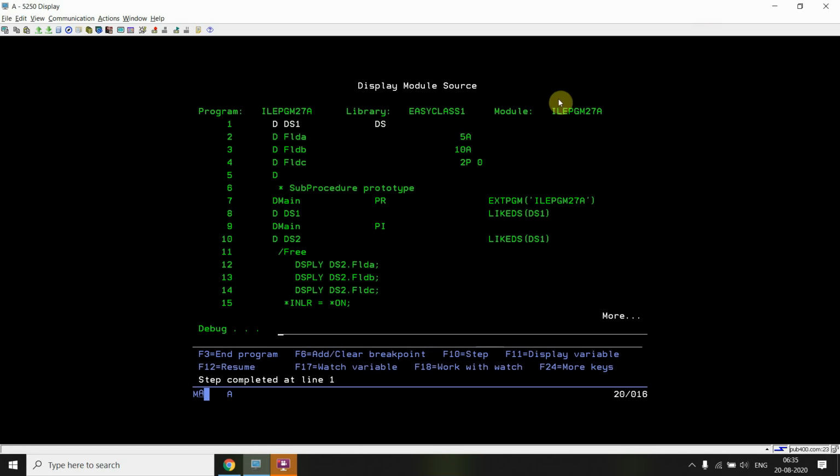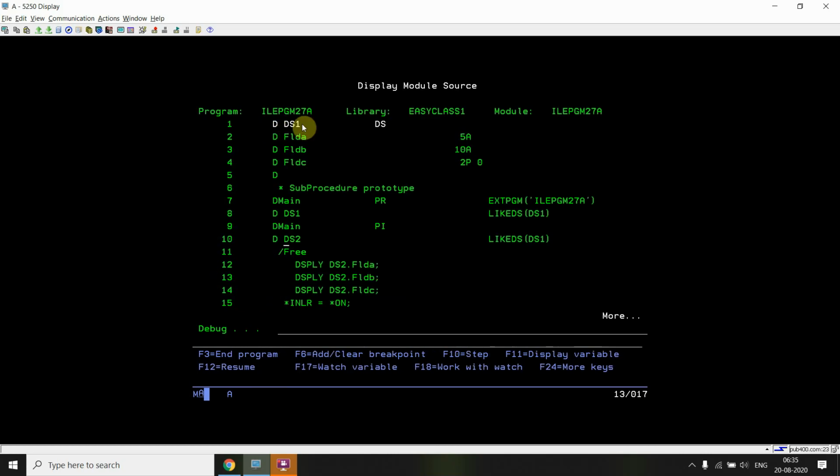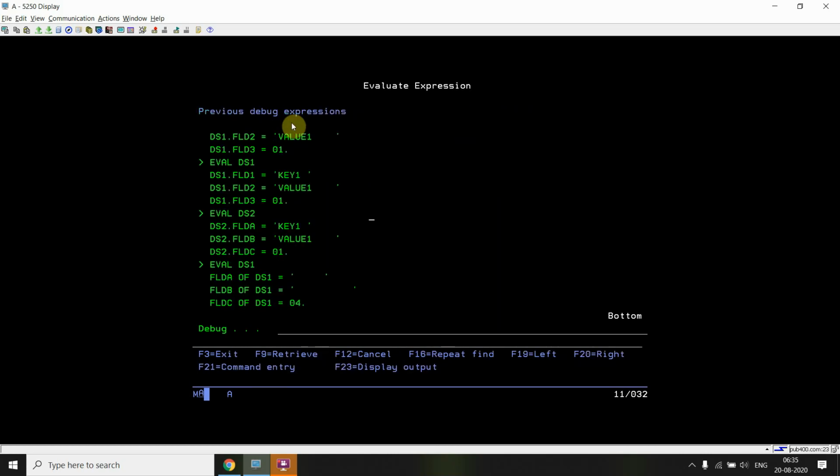Now you can see I'm here in ILEPGM27A and I received that DS. The entry parameter is basically this one. I received that in ds2.flda, ds2.fldb and ds2.fldc. But ds1 is just a definition, so we didn't receive anything in this one.